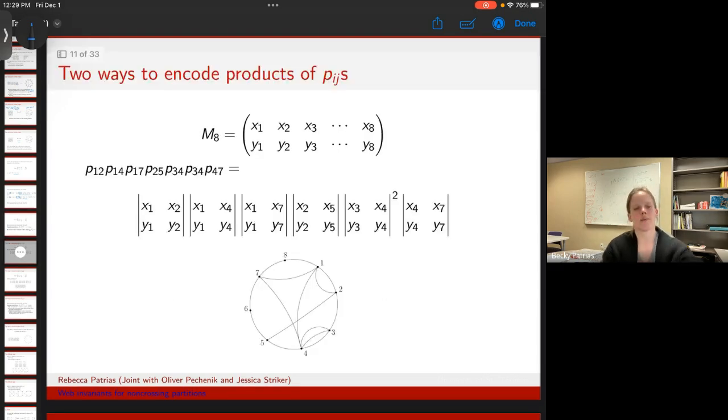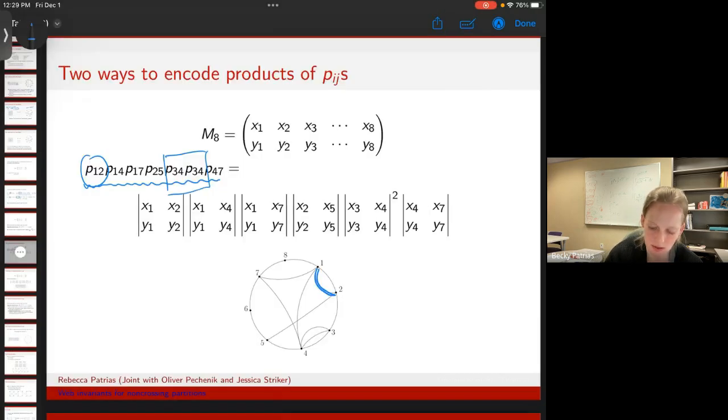Let's think about how we can represent these in different ways. So here I have a product of my 2x2 minors. And first I'm going to represent them with this arc diagram, just in the straightforward way. So I have a P_1,2, so I'll put an arc between 1 and 2. I have 2 instances of P_3,4, so I'll put 2 arcs between 3 and 4. So that's a super straightforward way that I can illustrate this product of minors. Alternatively,